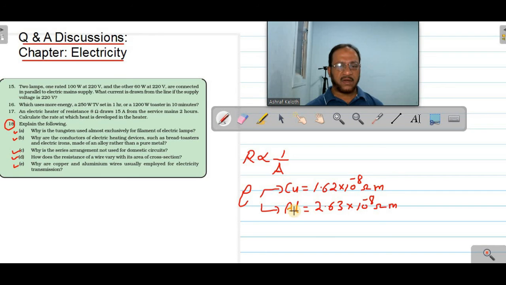And the second thing, copper is a heavy metal compared to aluminum. The density of copper is high. So if you hang copper wire between two distant towers, because of its weight it will break by its own weight if it is very long. But aluminum is a light metal, its density is less, so it can be hung between two distant towers. It won't break easily because of the low density and less weight.